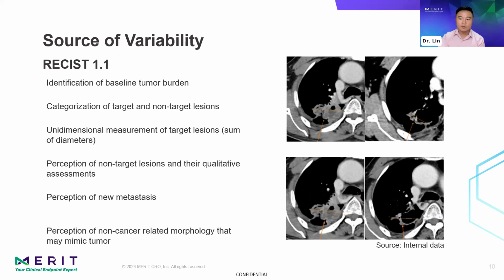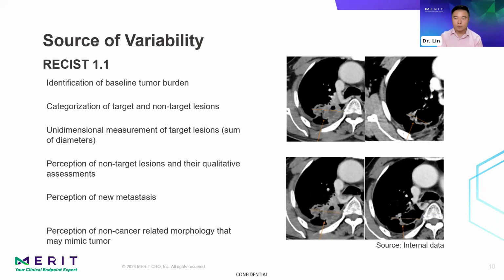This is a subject from a VEGF antibody and anti-vascular drug, non-small cell lung cancer study. The same reader measured the same lesion in the baseline on the left side and the follow-up visit on the right side. The first row and the second row are within a 2-month interval. The reader selected the same slice and measured in a similar way at the baseline visit, but not in the follow-up visit. In the follow-up visit, the reader measured in a different slice and different direction.